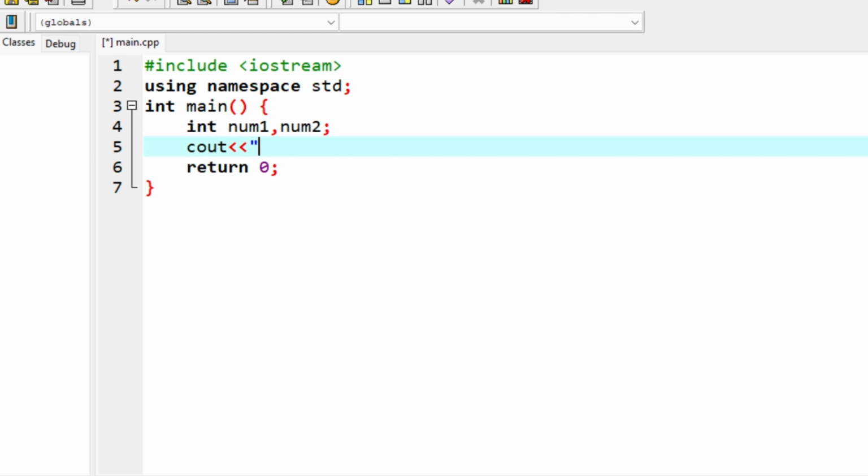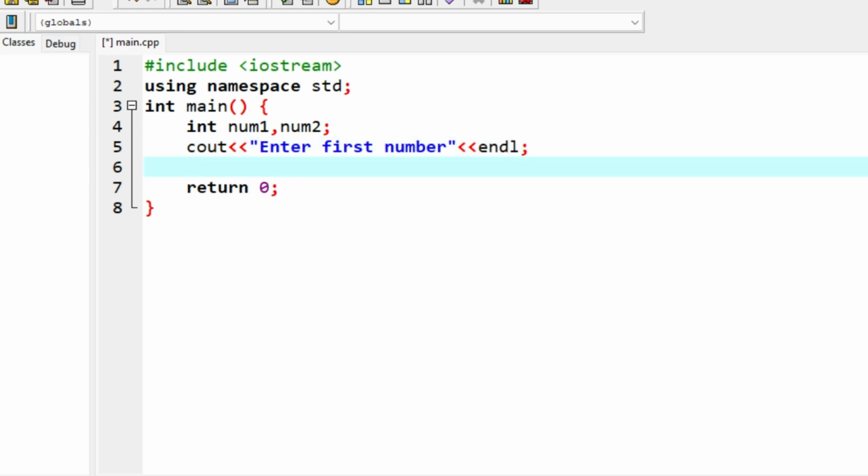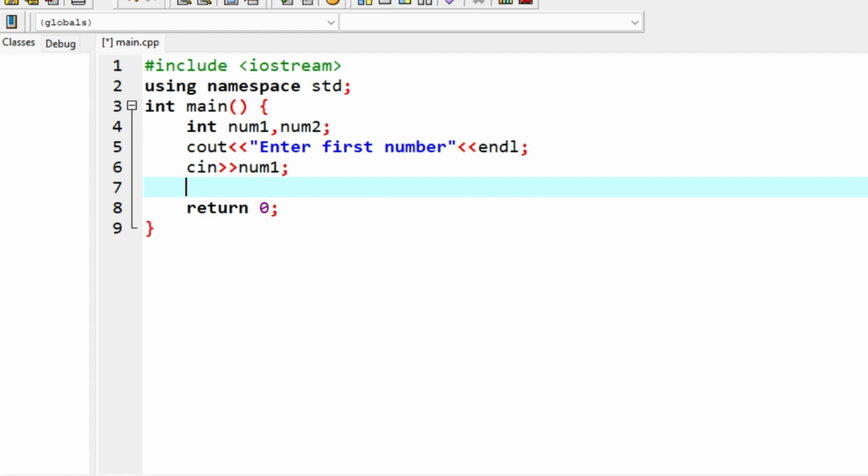Out, enter first number, then end line. Then we have to read this number using the cin statement, num1. Now we can also write the statement that asks the user to enter the second number by using also